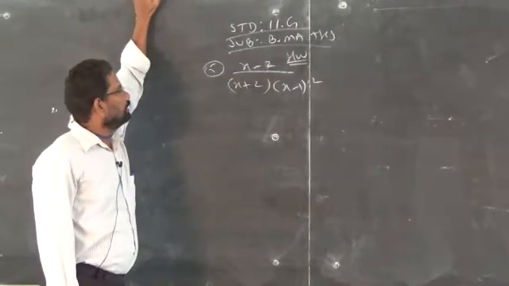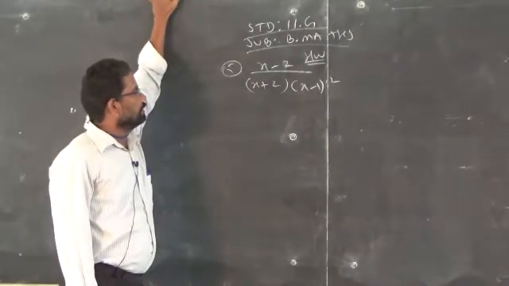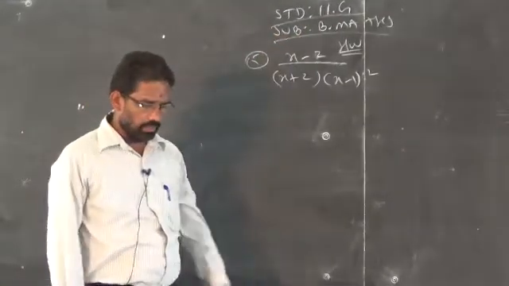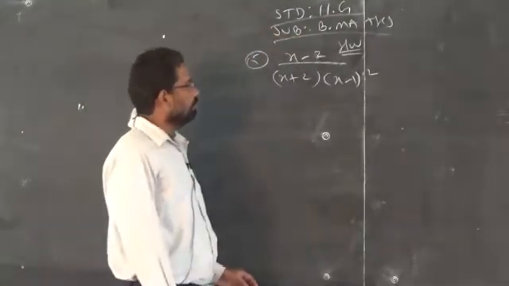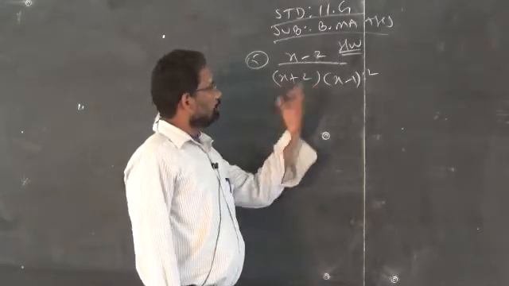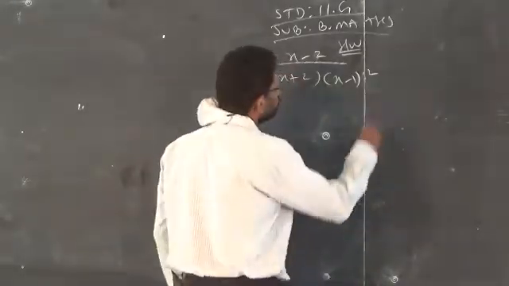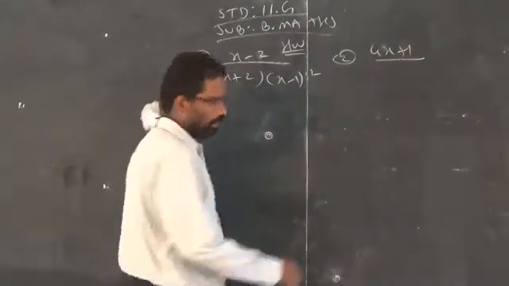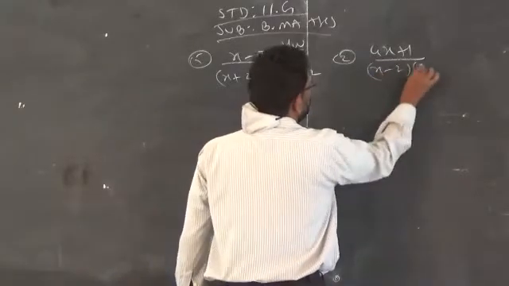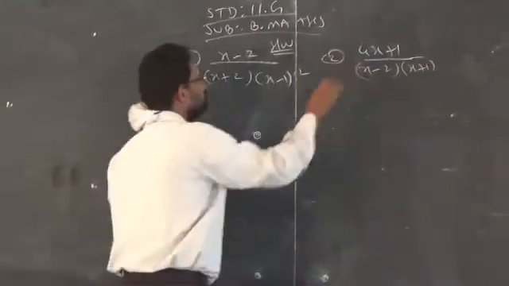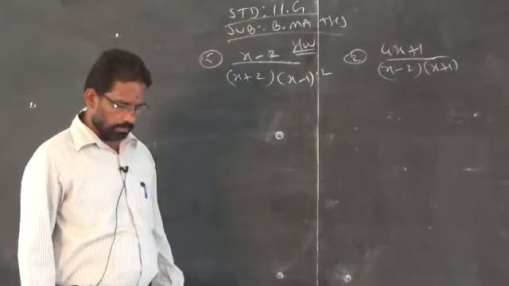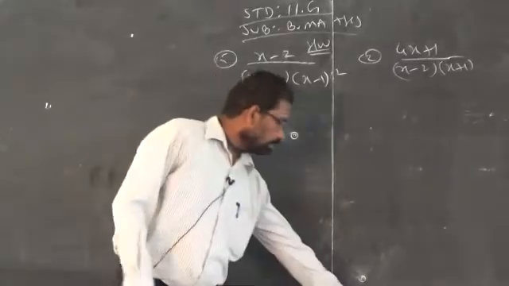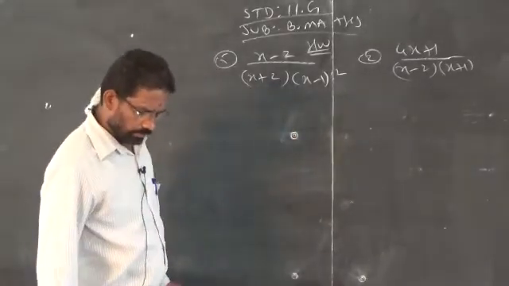Clear? So x minus 2 by x plus 2 into x minus 1 the whole square. This is just like sum number 3 that we learned already in the previous class. So sum number 5 and sum number 2, 4x plus 1 by x minus 2 into x plus 1. You complete these two at home. If there is any doubt regarding